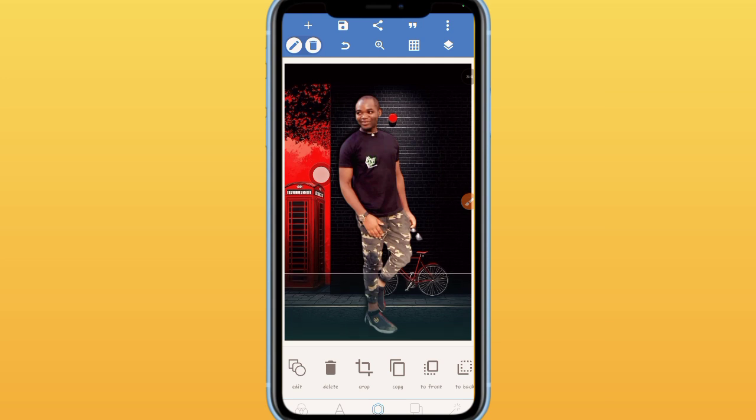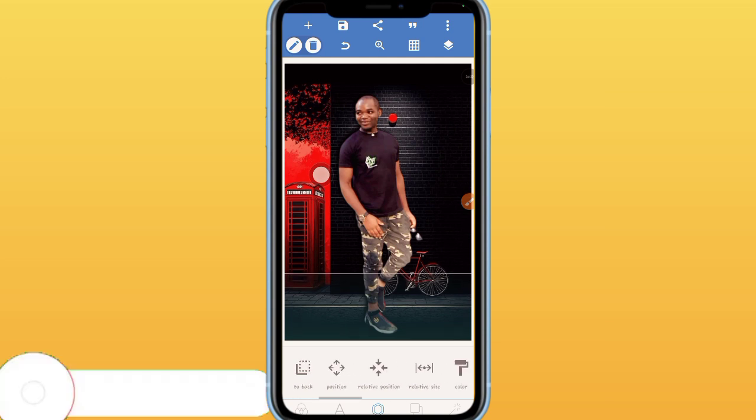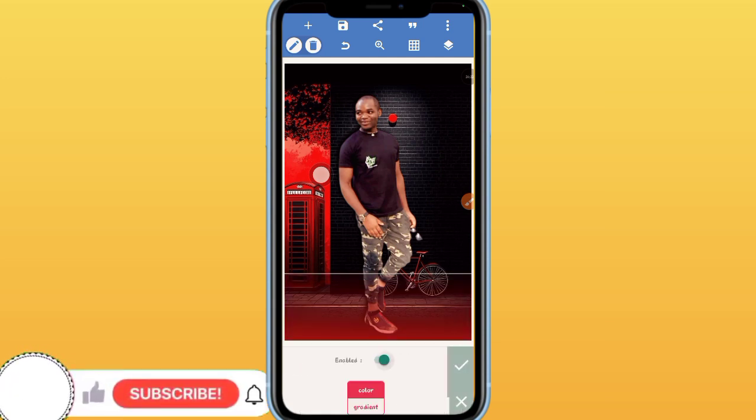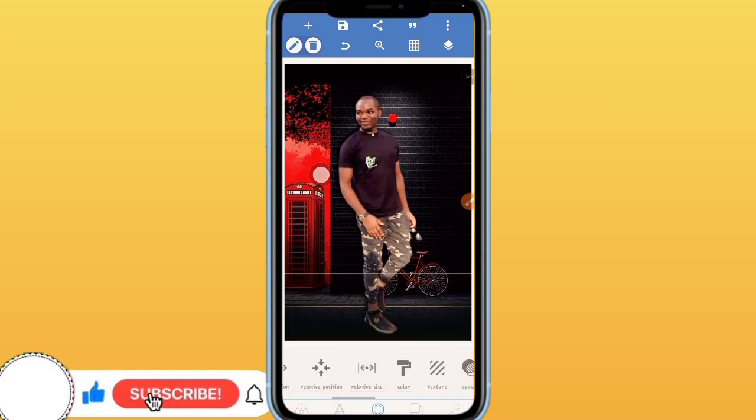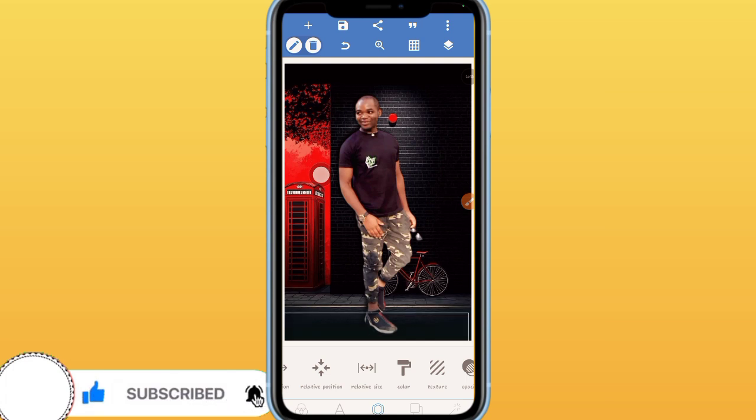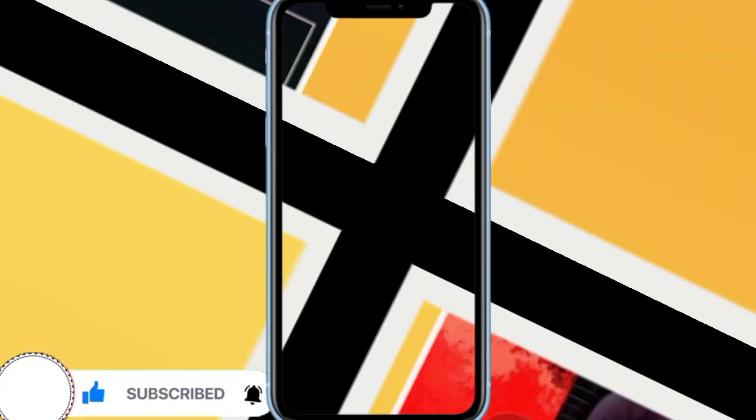So now make sure that you come to color. After you come to color, switch the color to black. Okay, switch the color to black. So that is how we start bringing reality into this. Okay, so now the next thing is